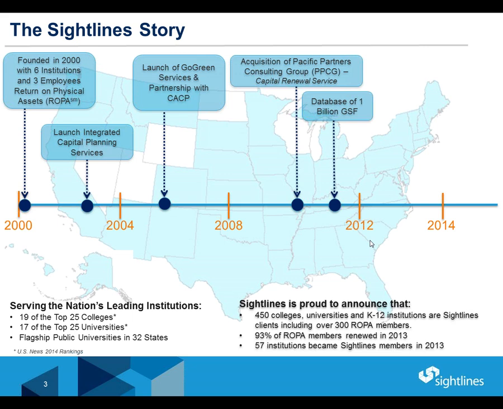In addition, by 2011, our database reached over 1 billion square feet. It's actually up to about 1.3 billion right now. So we have data on lots of campuses across the country, over 400 campuses right now. And when we look at all of the data that we have from both the ROPA process and capital renewal, it got us to really start thinking about expanding the ROPA service from simply a historical model that looked at trends and current conditions to one that can predict performance in the future, and can also measure performance in the future and track that performance over time. So that's how we've gotten to ROPA Plus.